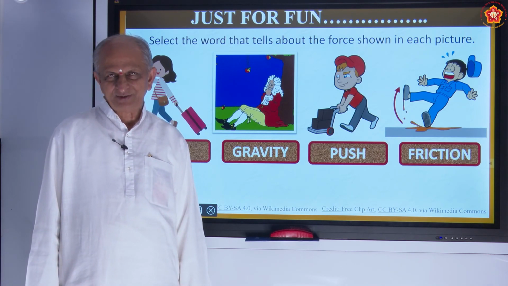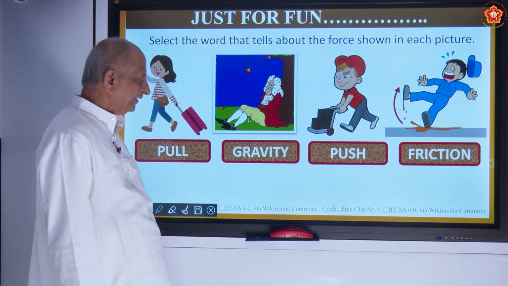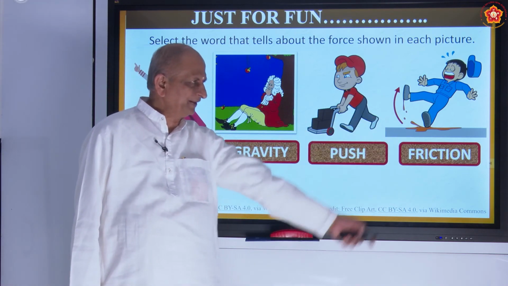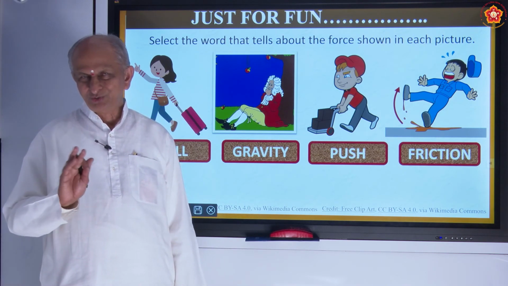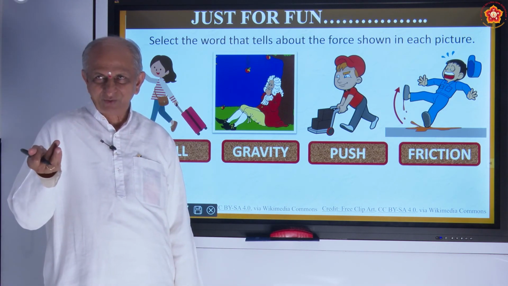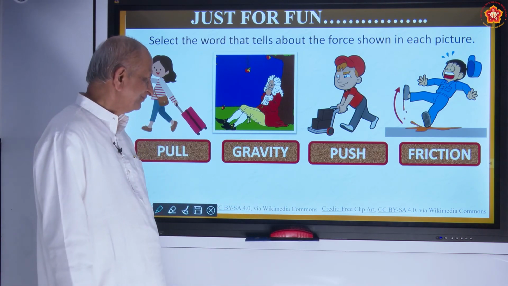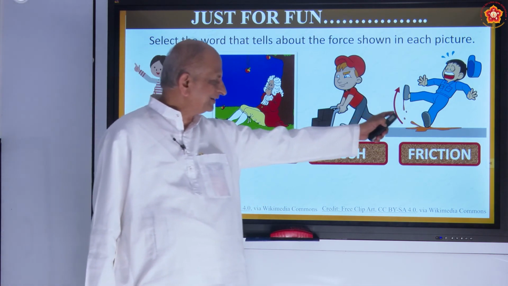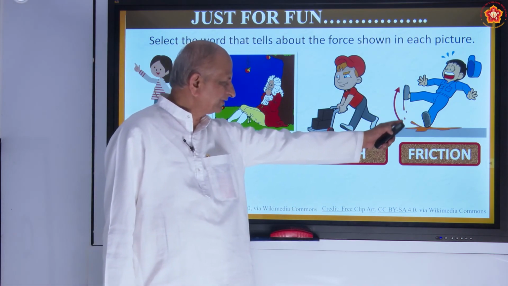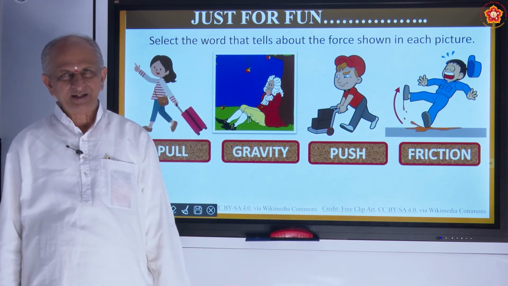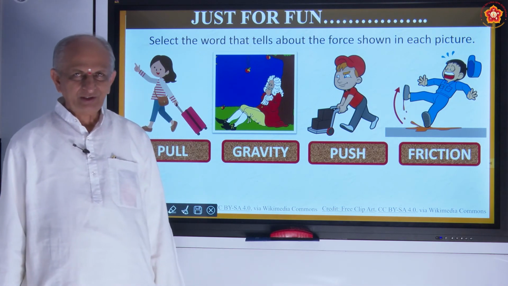Especially boys or girls of young age, if they see any old people falling down due to slipperiness, they laugh. You should not do that, because if you laugh at others now, a greater number of people will laugh at you. Action and reaction. So don't laugh at it, but this is one common thing we see. It may be banana peels, or it may be water, oil, etc. So while walking on a slippery surface, you should be careful.